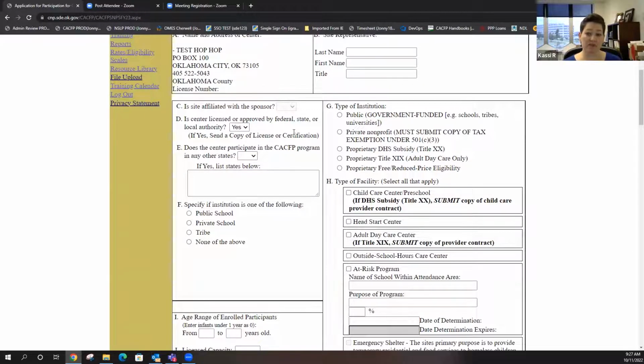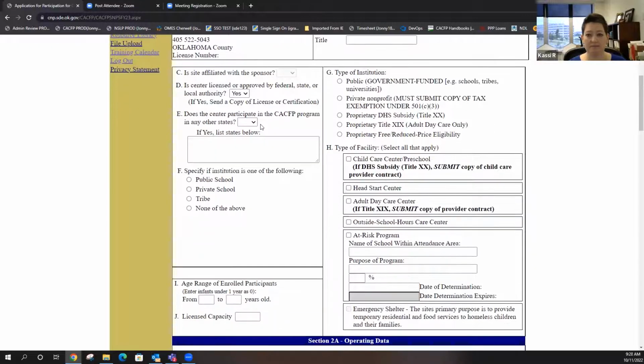The vast majority of our sponsors have affiliated sites in Oklahoma. We just have a few sponsors, I can count literally on one hand how many we have, that have unaffiliated sites. If you're a school, all your sites are affiliated. If you're a Head Start or Community Action, all those are affiliated. If you have some other affiliation, it's just going to be our at-risk sponsors that aren't schools, like at-risk that might serve at parks and public libraries and things like that. Those would be unaffiliated sites.